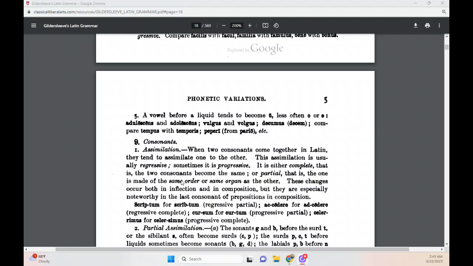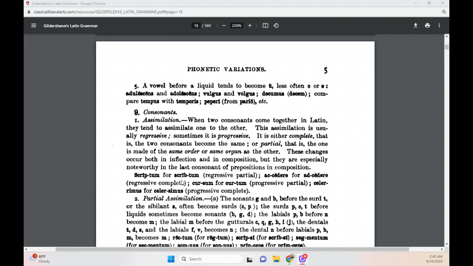In Article 9, we look at the variations that take place among consonants. We learn the first type of variation, just as with vowels, is assimilation. When 2 consonants come together in Latin, they tend to assimilate one to the other. And all that means, we have a good example here, is that the consonant sounds change so that together they're easier to pronounce. So for example, the verb scribo, scribere,